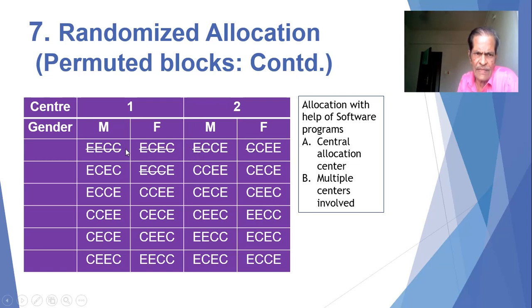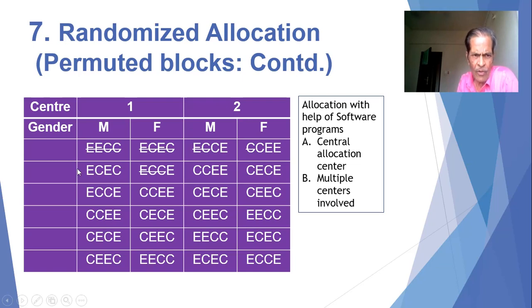Now on the paper on which the first patient has been allocated, he will cancel it and put a cross mark over there, which means this option has been exhausted for the first patient of the first center. So in this case, for the second center for male patients, 2 options have been exhausted, and now the third patient comes in the second center. The third patient will naturally go to the control group, because the first patient, who was male, has gone to the experimental group, the second has gone to the control group, the third will go to the control group, and the fourth will go to the experimental group.